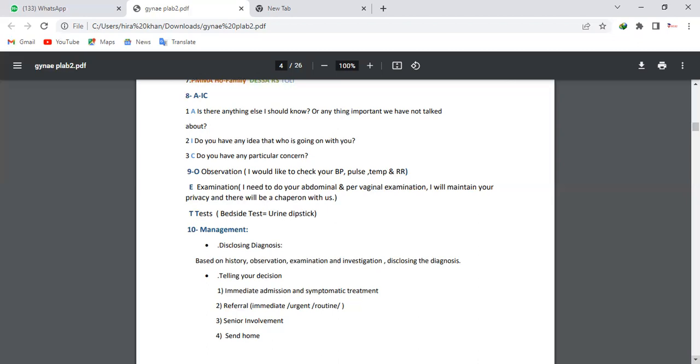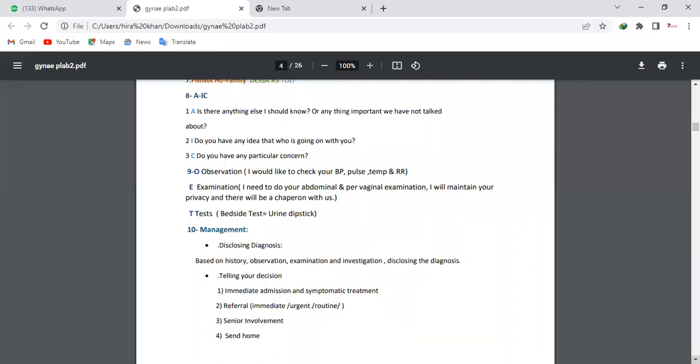Otherwise you should ask, because if you do not mention the test, the examiner will not give you the page or anything about the test. Also, if you do not mention the examination, the examiner will not give you any kind of picture or clue. They won't ask you to do any examination, but you have to mention it, and they will just give you a page in which all the answers related to your examination or test are given. That will help you reach the diagnosis.